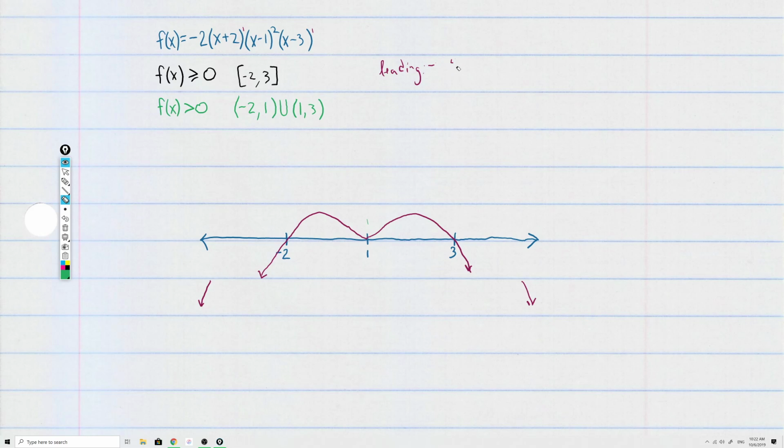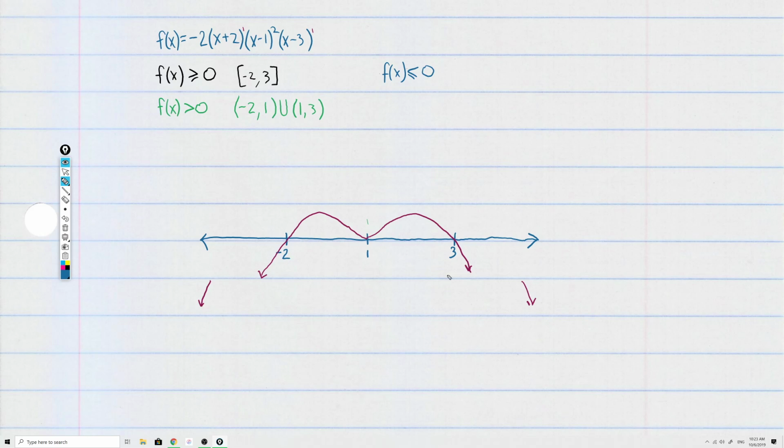Now, there's a couple more inequalities that we could solve here. We might as well do those. Let's see. I'm going to switch back to the pencil. When is this function less than or equal to 0? The work is already done here in the sign chart. We just want to know the places where the function is negative, that is below the x-axis, or equal to 0. So this answer is going to look kind of odd because we have this interval from negative infinity to